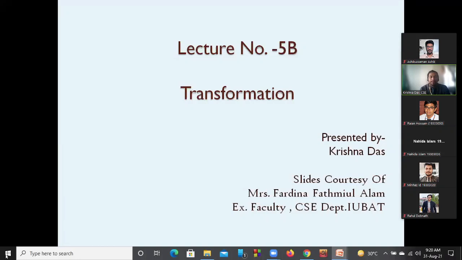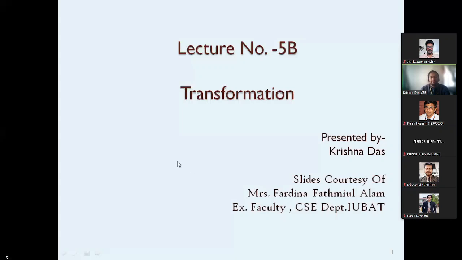Now, if it is a flag, then it may have a movement. If we have a movement of that flag, definitely the position of that flag in the space will change, right? If we have a movement, then it can also have a movement for the image objects inside the objects.